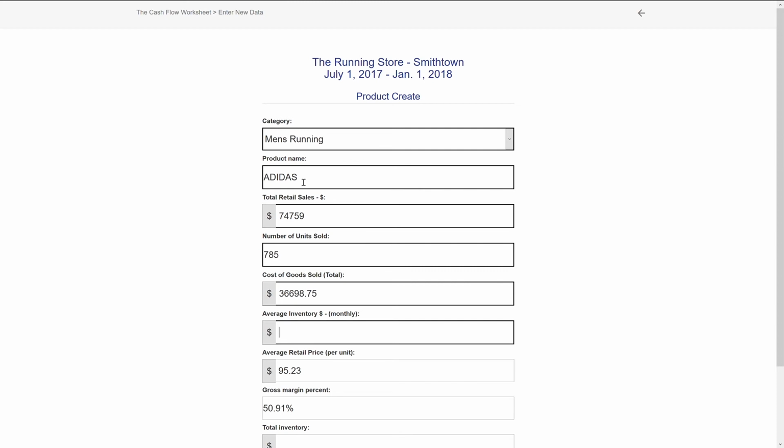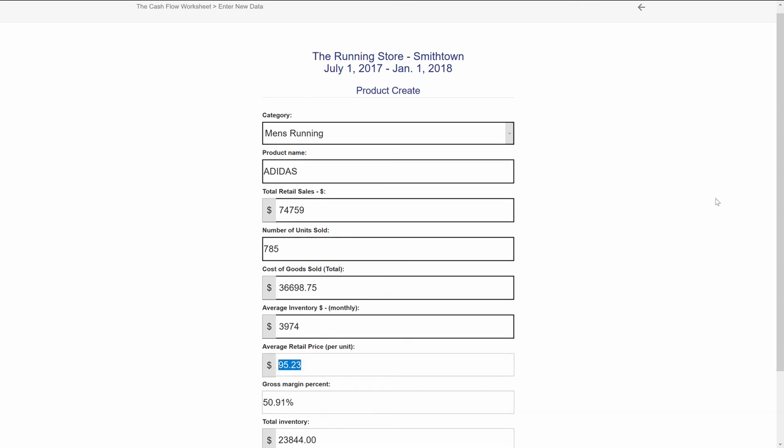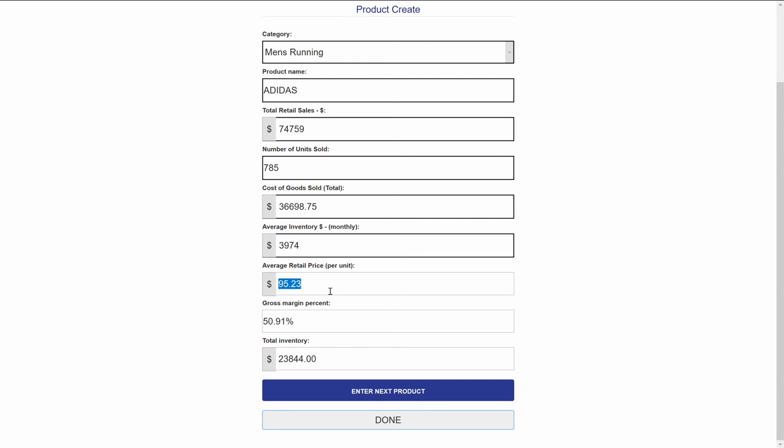You may need to report the full date range and then divide this number by the number of months you're reporting. For instance, if my average inventory dollars for the 3-month date range is $5,630.84, then I would divide that number by 3 and enter $1,876.95 in this field. The bottom 3 fields, average retail price per unit, gross margin percent, and total inventory, will automatically calculate for you. If you would like to enter another product, click Enter Next Product, or else we're going to go ahead and